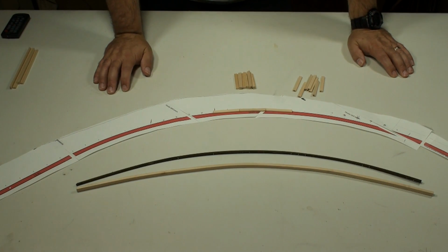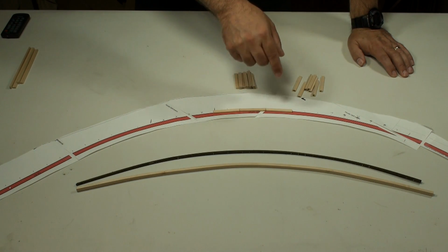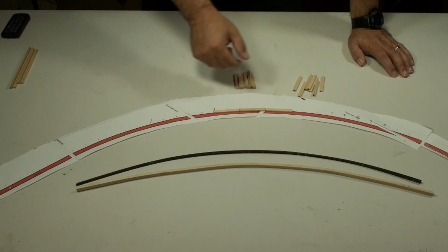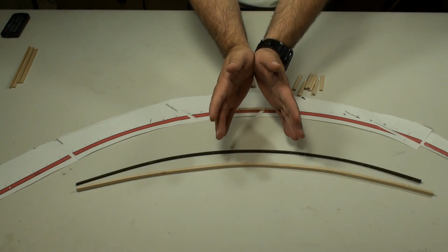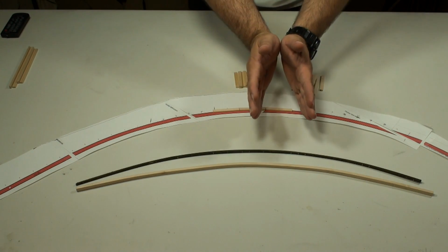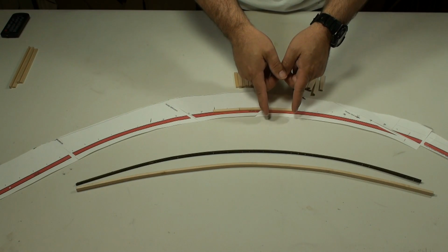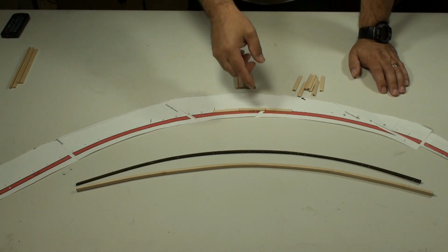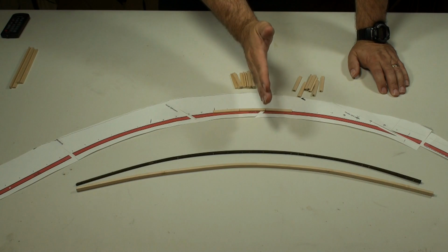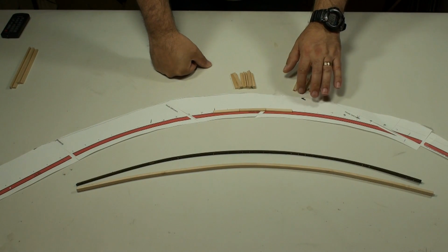Also, you have to keep in mind that your outside diameter radius is going to be a little bit longer in pieces than your inside radius. Now, if you look at a pie, this side down here is going to be wider than this side down here. So you got to keep your pie correct. And so these lines are going to go straight down this way, and if you have the same size, things are not going to line up, especially when you put your bents in right here on the seams of each one of these pieces. So what I did is I marked